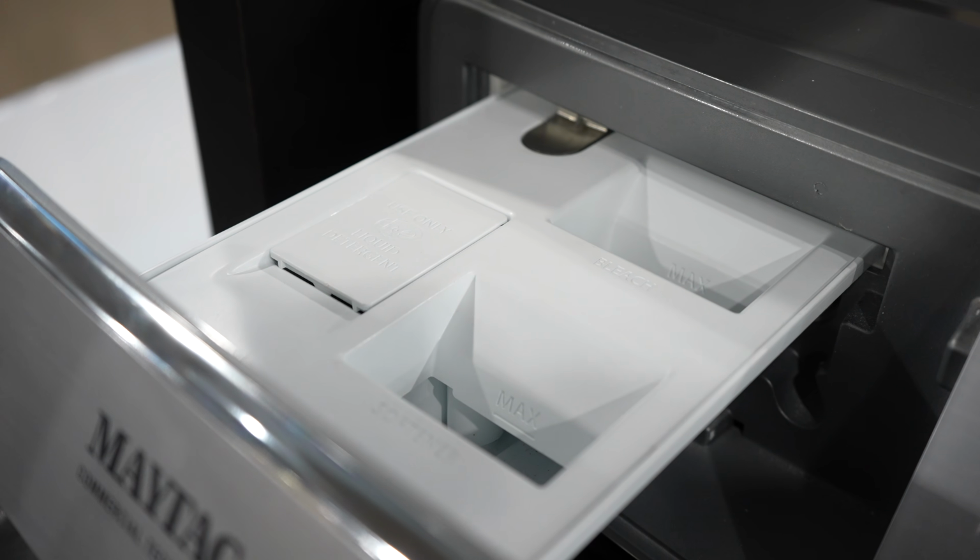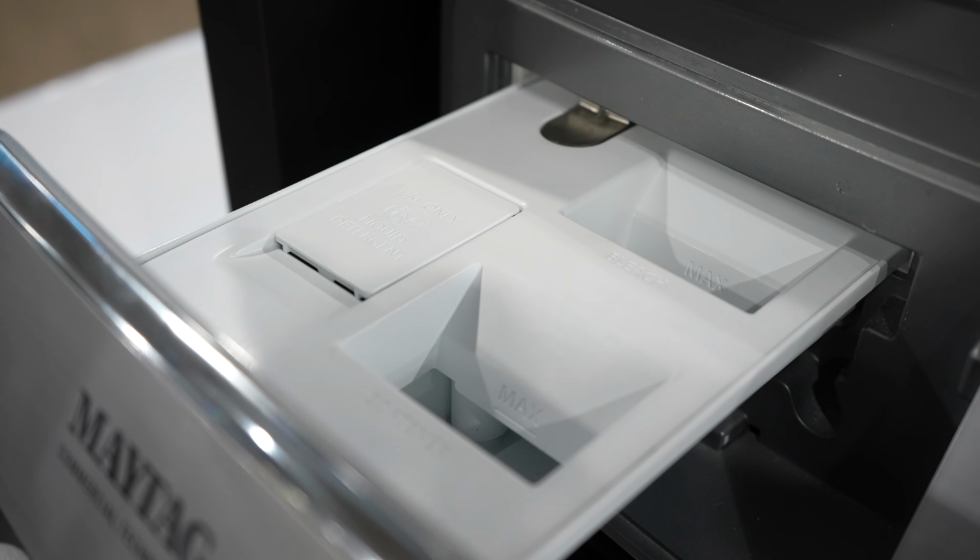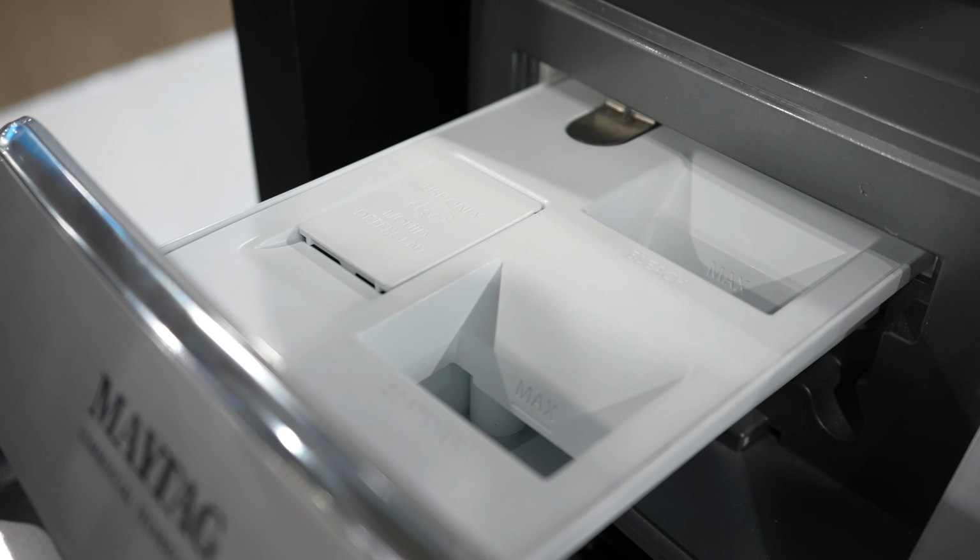So another kind of negative thing about this machine, if you like using powdered detergents, this machine has a little bit of a challenge because this does have an automatic liquid dispense, which is great and fantastic. But if you like to use powdered, you can't use it in this machine, or you have to put it directly in the machine. It may not go in when you want it. So that is kind of a little bit of a bad thing with this machine as far as I'm concerned,